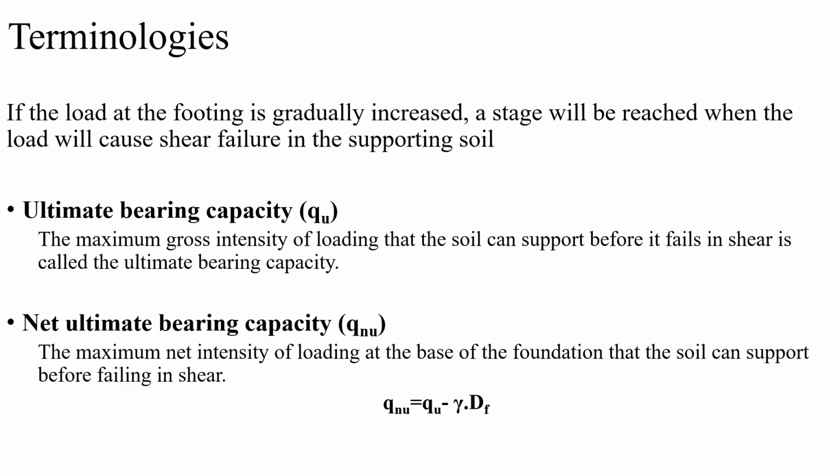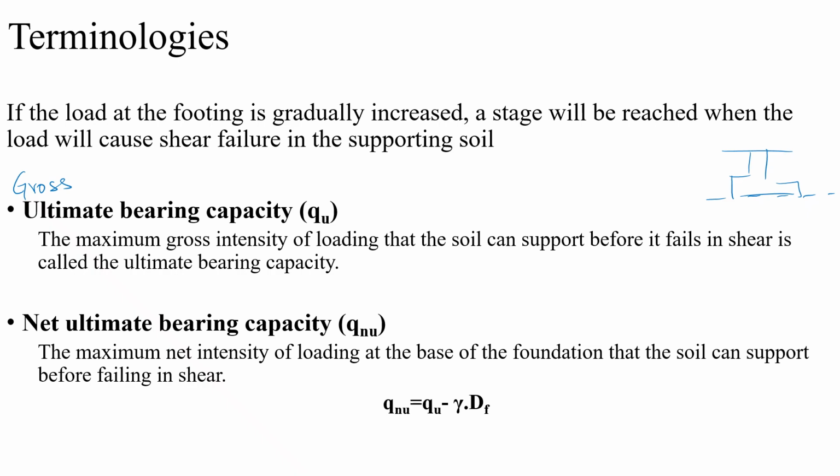Remember, the word gross will not be used all the time. So if it is simply ultimate bearing capacity, that means it is gross ultimate bearing capacity. What is this gross ultimate bearing capacity? Just now we have seen the difference between gross intensity of loading and net intensity of loading. So gross ultimate bearing capacity means the maximum gross intensity of loading, which means the intensity of loading from the effect of foundation, soil on the structure. The maximum gross intensity of loading the soil can support, that is, this layer of soil can support